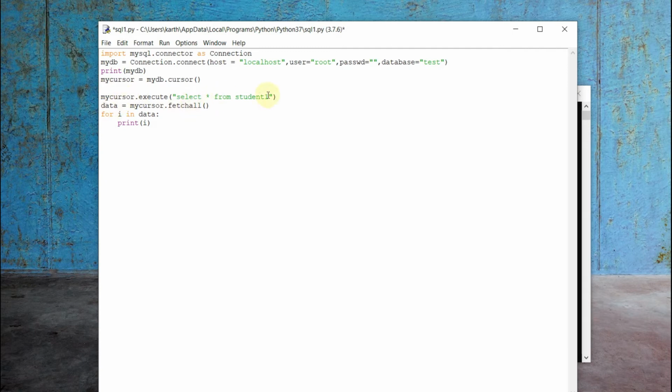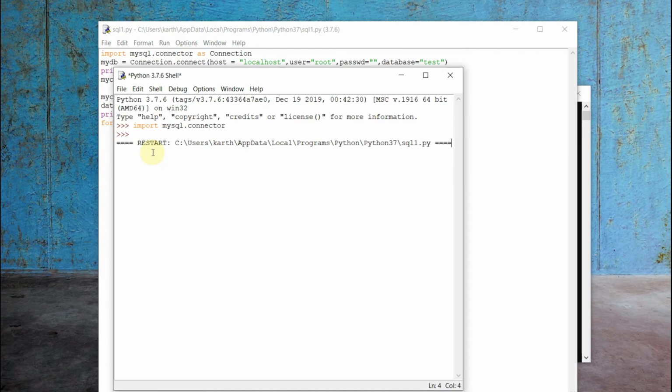Here all the records from student 1 will be stored in the tuple form. Let us see how the data will be printed on the screen. If I'm just printing the variable data, all the records from student 1 are shown. If I need to retrieve each and every record from the data, I can have a loop. This is a normal loop which you have to know at this point. For i in data, in the sense each and every element in data, we are going to print the element one by one. Element in the sense each and every tuple will be printed on the screen, and execute.